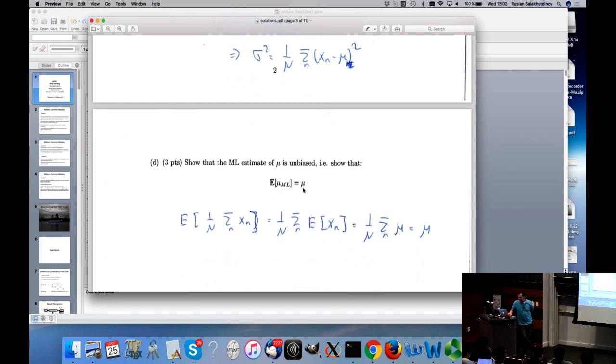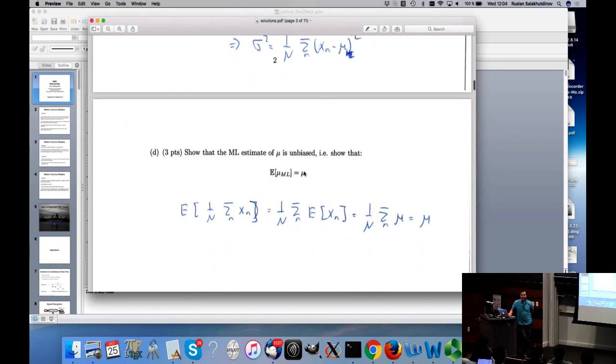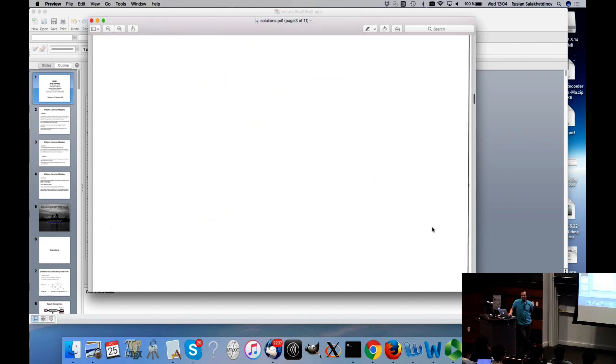Show that the maximum likelihood estimate of the mean is an unbiased estimator. That's what you needed to show. Just write down the expectation of the average. Push the expectation inside, because these are IID samples. What's the expectation of each one of those data points? By definition, it's coming from the normal distribution, it's just mu. You get mu. Some common mistakes: people were saying you can do it by the central limit theorem. Some people were invoking a whole bunch of different things. So this is trivial, right? Any questions? Simple.